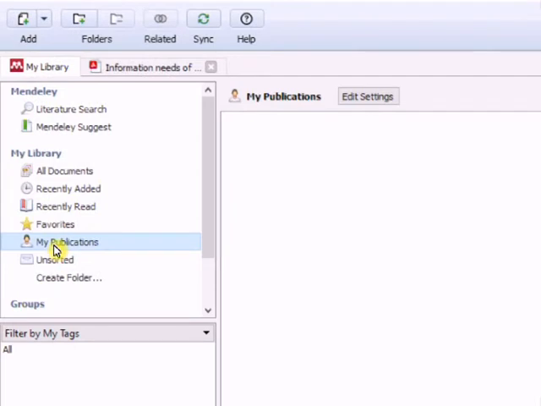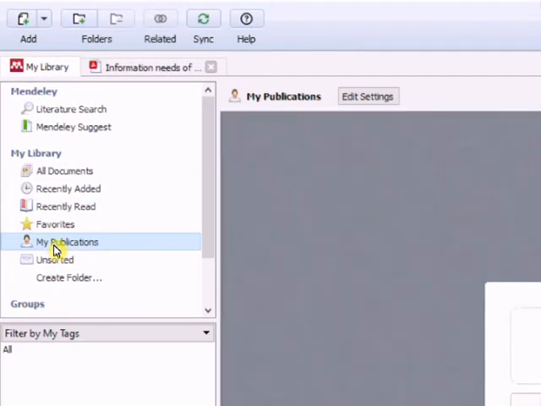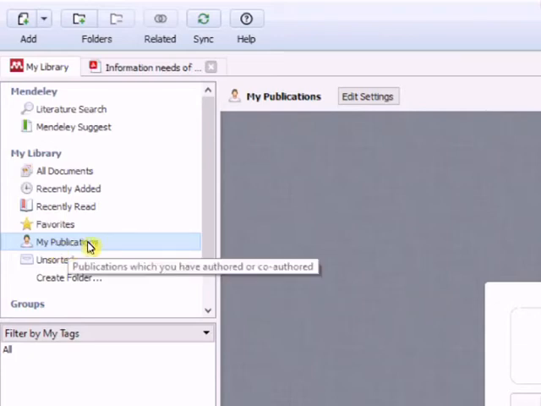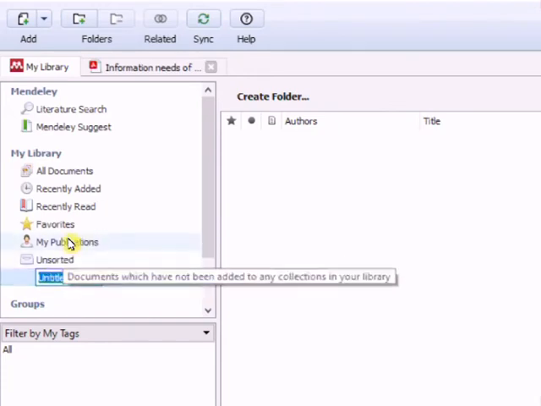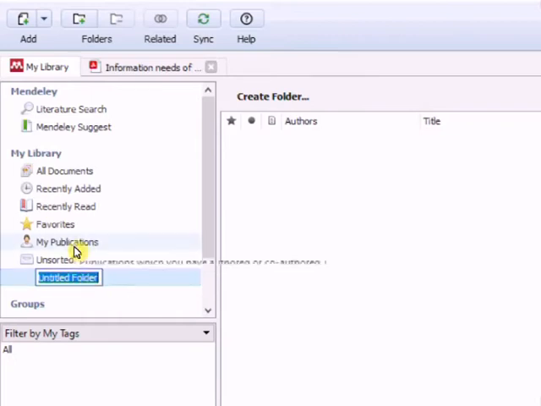Under my publications, you can add all the papers you have published, and you can organize them quite well. I'll be showing you how we can add our publications under my publications, and here I can create more folders. Say for example, if you are working on 2-3 research projects, we can add folders accordingly.